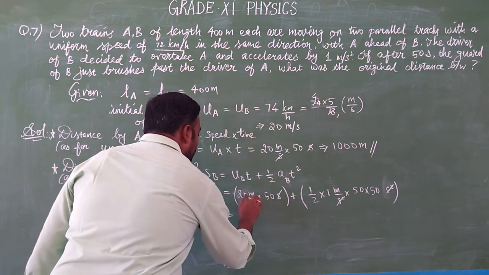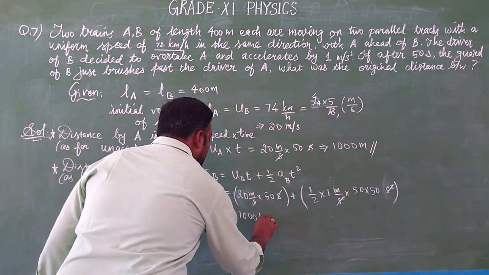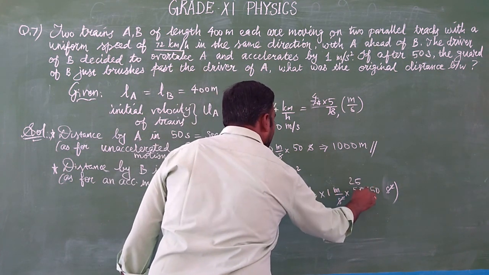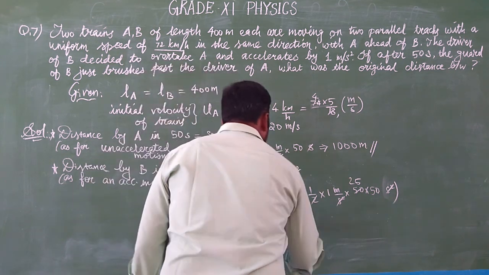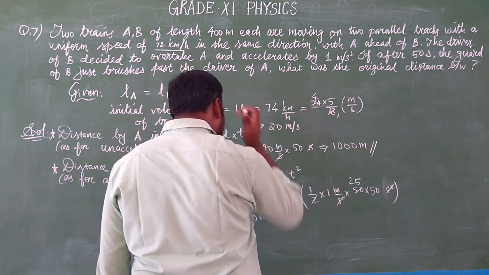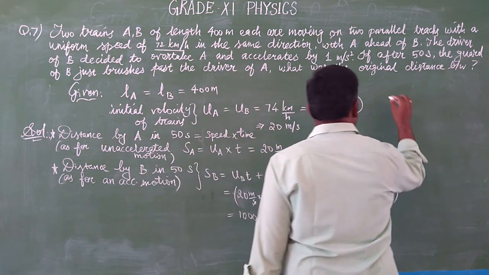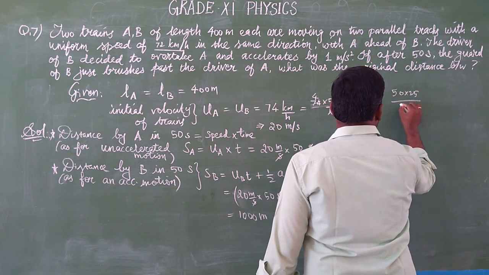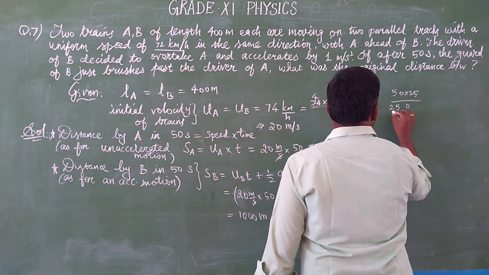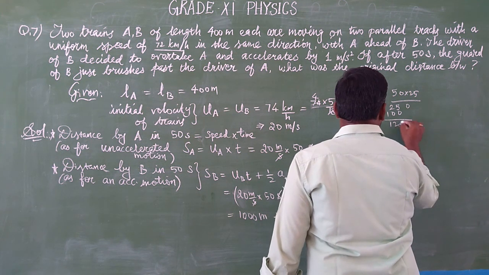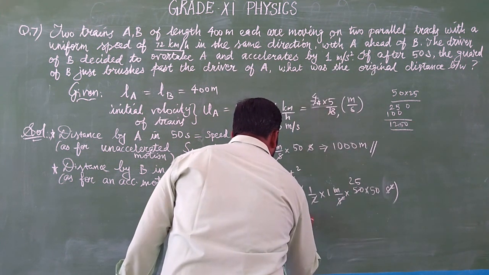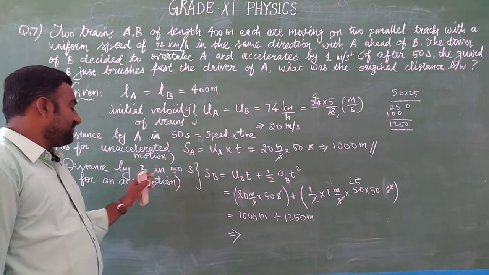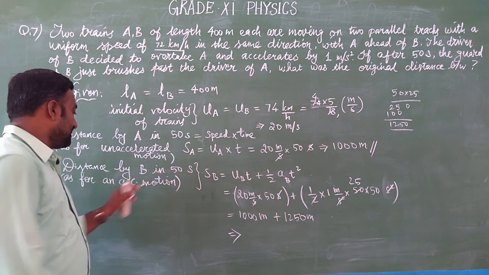So 20 meter per second into 50 seconds is 1000 meter, plus half into 50 into 50, which gives 25 into 50 meter. What is it? Multiply 50 into 25. So 1250 meter. So all together, the distance covered by train B for a uniformly accelerated motion, where the acceleration is 1 meter per second square,